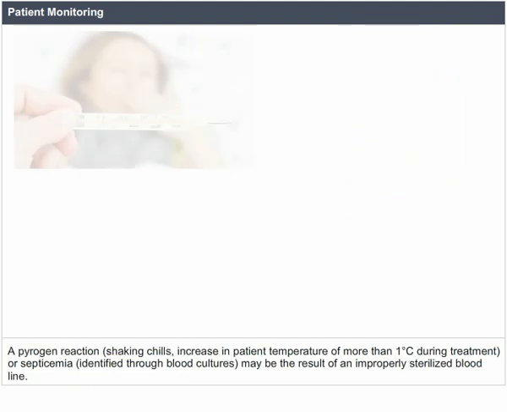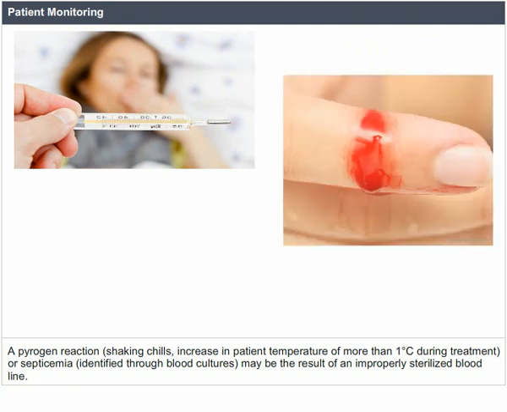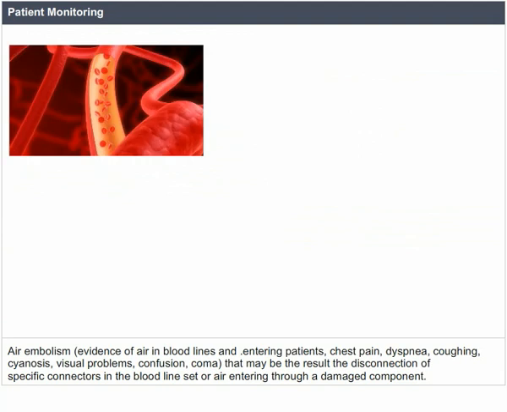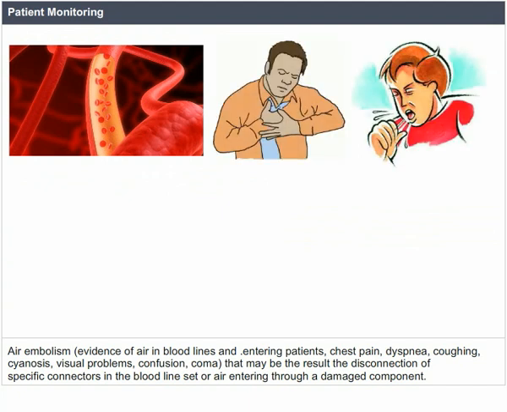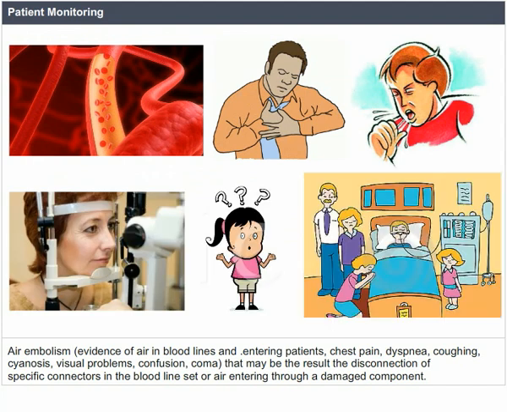A pyrogen reaction, shaking chills, increase in patient temperature of more than 1 degree Celsius during treatment, or septicemia identified through blood cultures may be the result of an improperly sterilized bloodline. Air embolism, evidence of air in bloodlines and entering patients, chest pain, dyspnea, coughing, cyanosis, visual problems, confusion, coma. That may be the result of the disconnection of specific connectors in the bloodline set or air entering through a